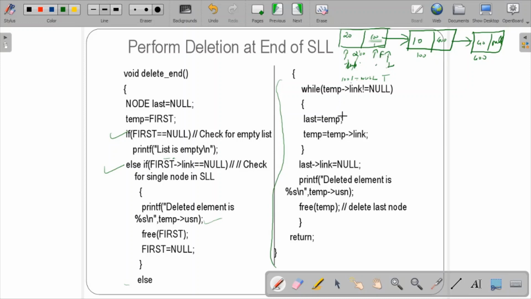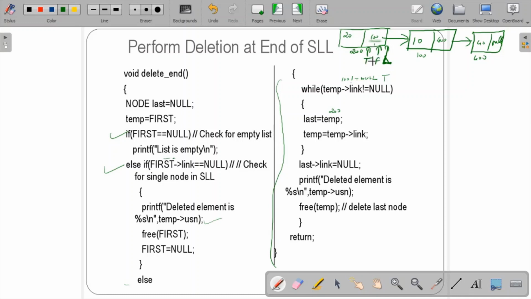Last is equal to temp means whatever the memory address of temp is, that is put over here, memory address is 200. So temp, first, and last are all pointing here.